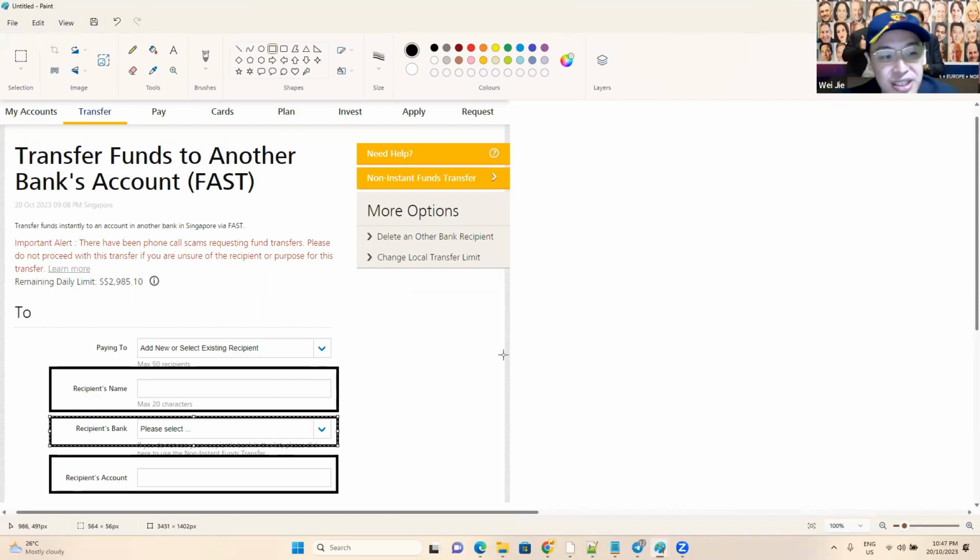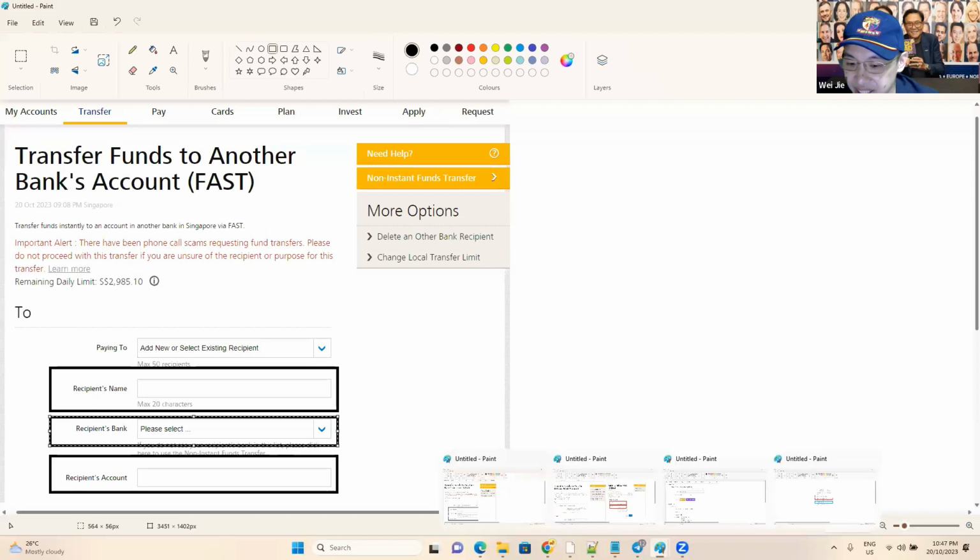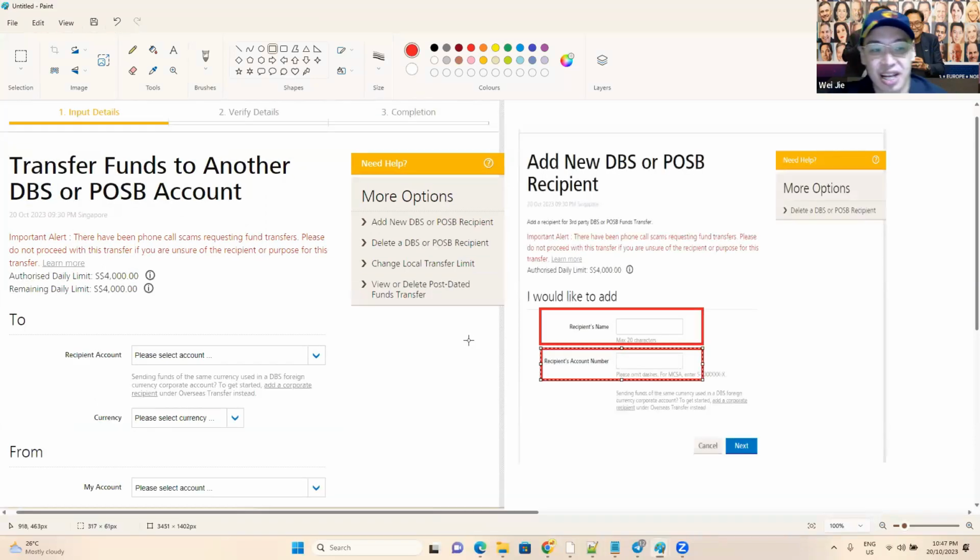So when you are doing a FAST transfer, what you need to know is the recipient name, recipient bank, and the recipient's account. Okay, the instructions to transfer will be indicated when you're doing the transfer. So just now I was giving an example using MooMoo. So this one is how you transfer funds to another DBS account. So in Interactive Brokers, we have